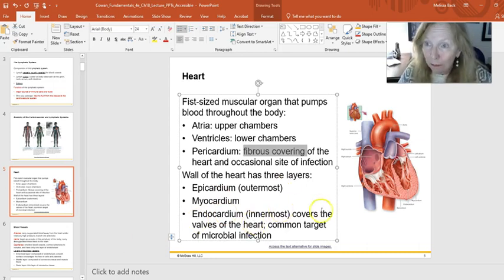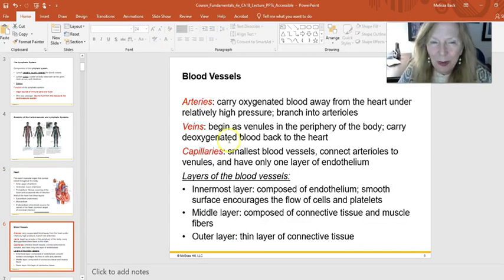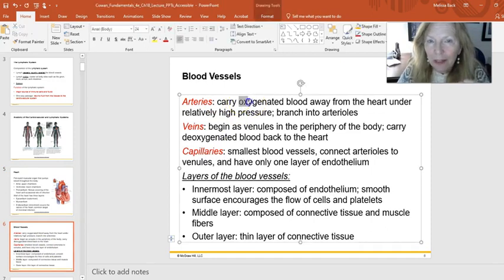And if there were inflammation of any of those layers, then you have to figure out what the etiology is that's causing it. So that's what we're going to look at. We do know arteries carry blood away from the heart. This is kind of a typo from your textbook. On the left side, it is oxygenated, but the pulmonary arteries that are taking it to the lungs are actually deoxygenated. So this is technically splitting hairs here, but this is definitely a little bit of a misnomer